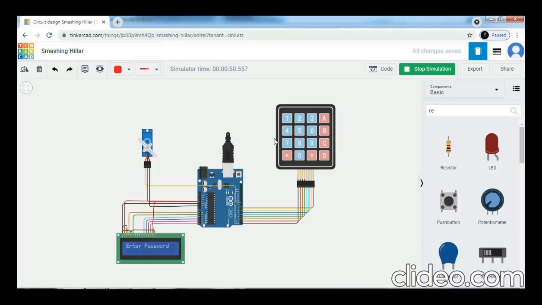Now we try to enter a wrong password. So here the display shows wrong password after entering the wrong password. Here we can see our password door lock system using Arduino is running properly.